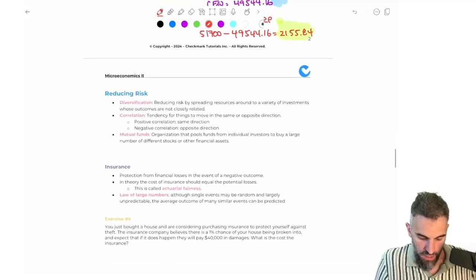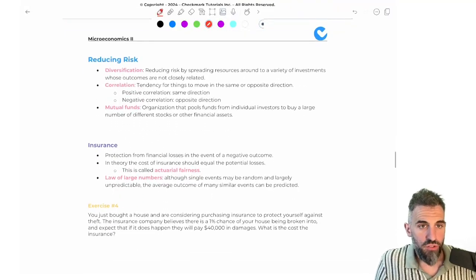Now, this next section is not very major. It's on reducing